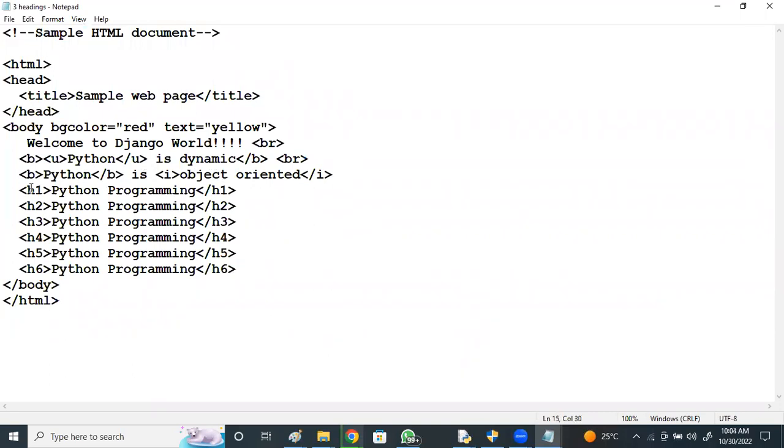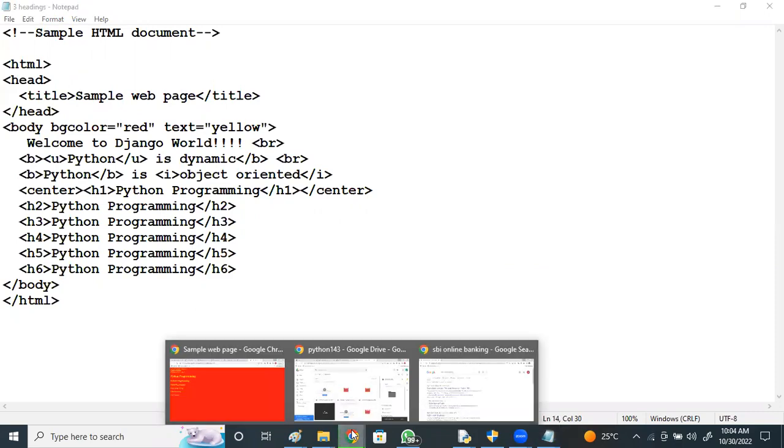You want this first heading as center, and close it with /center, right? Just refresh.